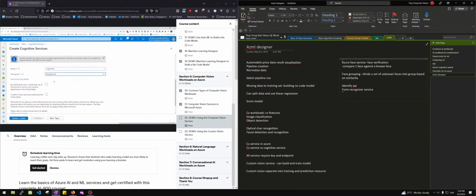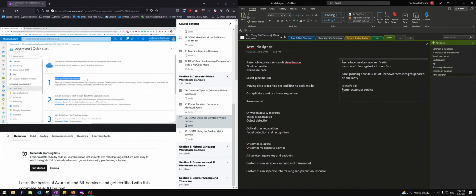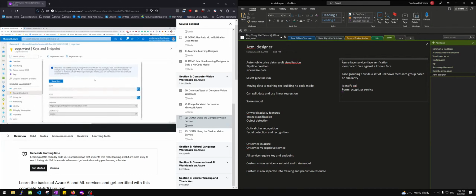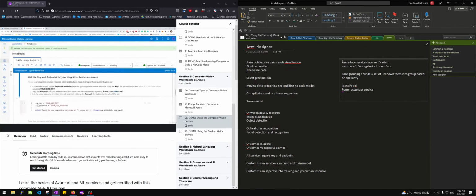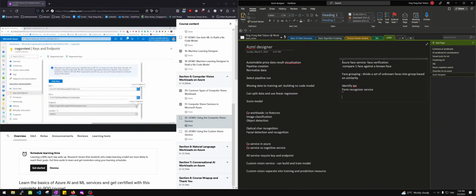There is a standard S0 tier. I do have to certify that I'm not working for a police service, and hit create. Now the purpose of creating this service is so that we can get what are called the keys and the endpoint. So I can show the key, copy the key, go into the code, place my key into the code, and grab the endpoint